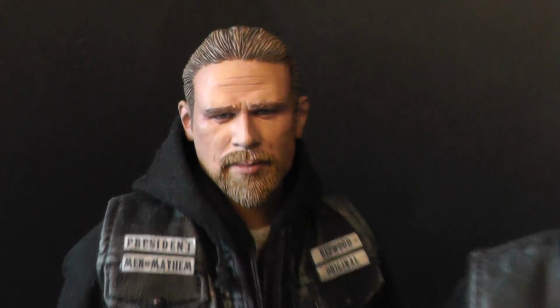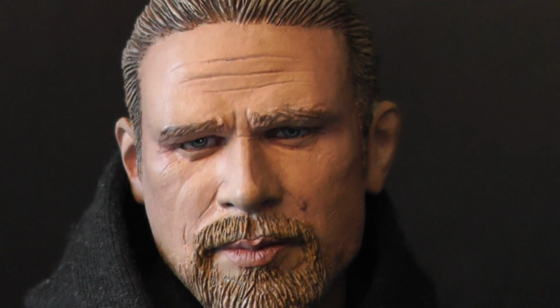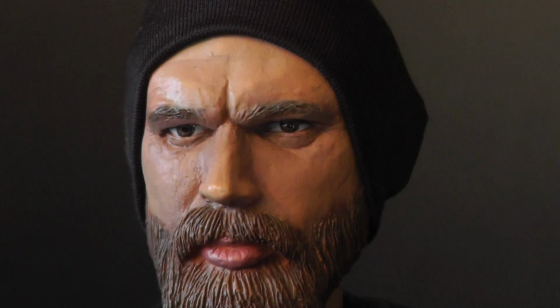And you see here two of the main characters. One of them is Charlie Hunnam, aka Jax Teller, the vice president of the club, and his very best friend Opie Winston, played by Ryan Hurst. Both heads been sculpted by the very talented Sideshow